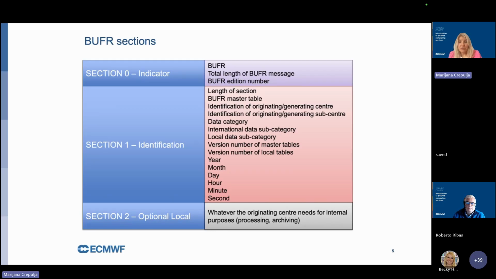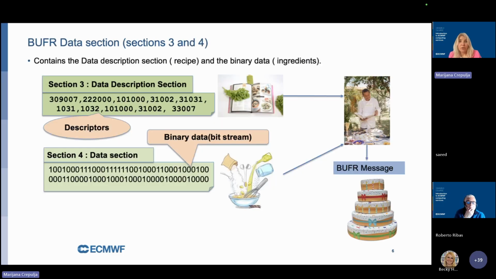And then, as I mentioned, section 2 is the local section that defines, for each originating center, what could be used for internal purposes like pre-processing or archiving. And how do sections 3 and 4 look in a BUFR world? So here you have a list of numbers. Behind all these numbers is